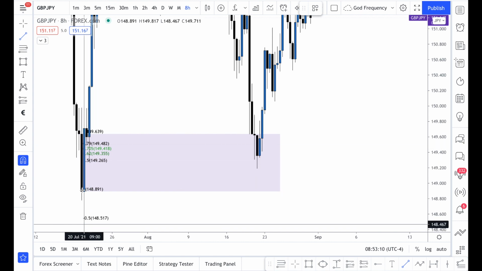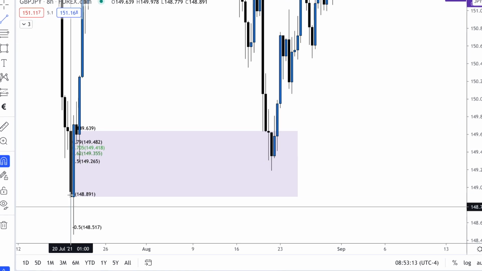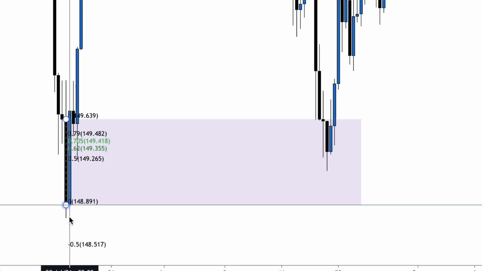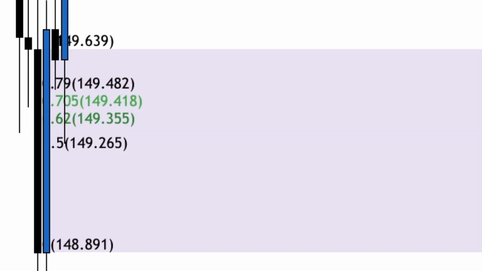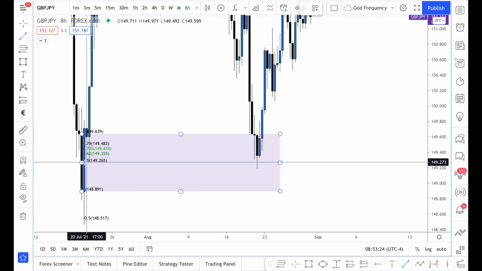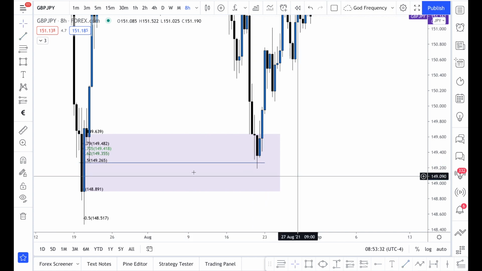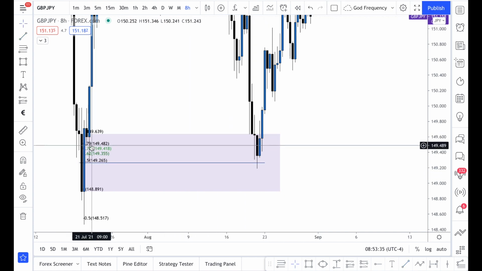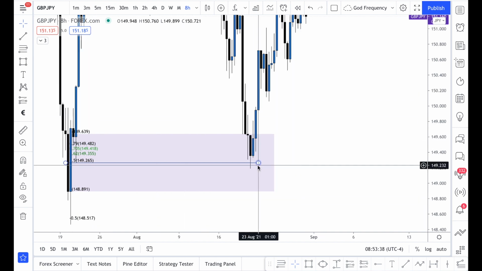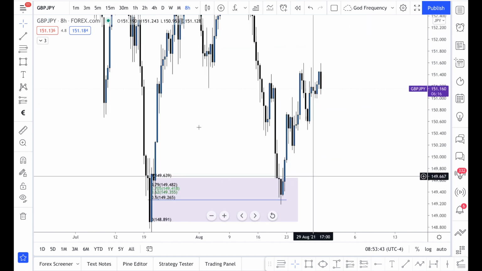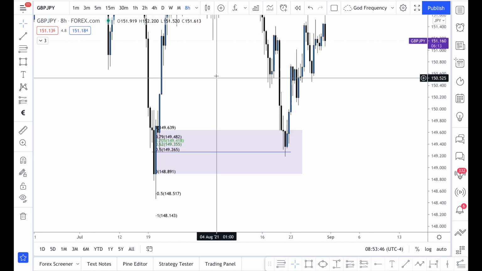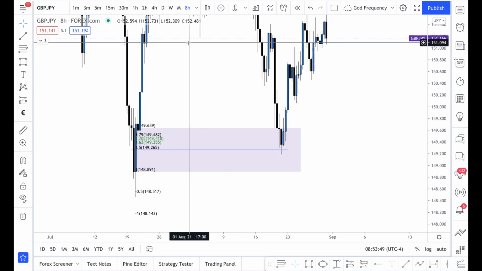So when you measure out that open to that close, you see that 50% level at 149,265, correct? So we can just draw that out. Right, and you see it hit it perfectly. Talk about just to the pip, you know what I mean? So you got this whole order block, but within this whole order block, when you go to refine it,